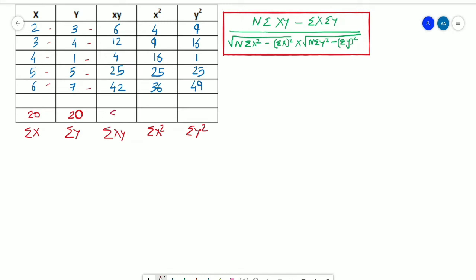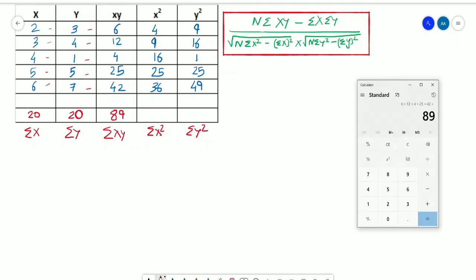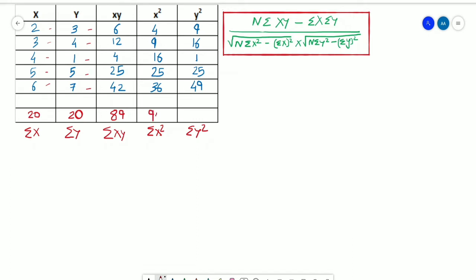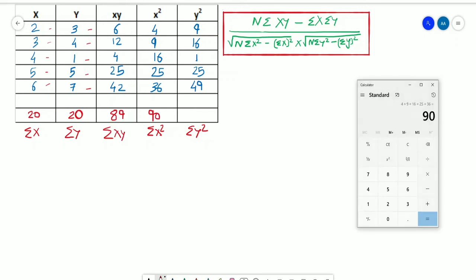So total is 89. Then for x square, again you will take 4 plus 9 plus 16 plus 25 plus 36. It will give you a total of 90. So 90. And finally the total of y square, 9 plus 16 plus 1 plus 25 plus 49. It will give you 100. Okay, so I'll write down